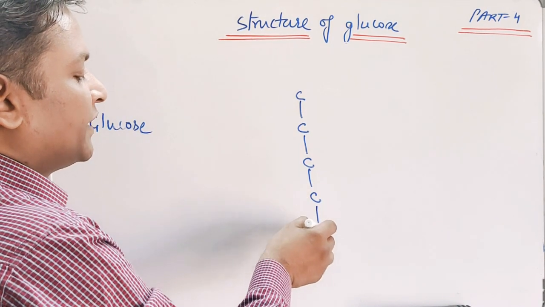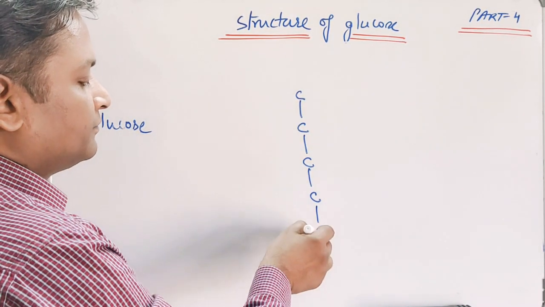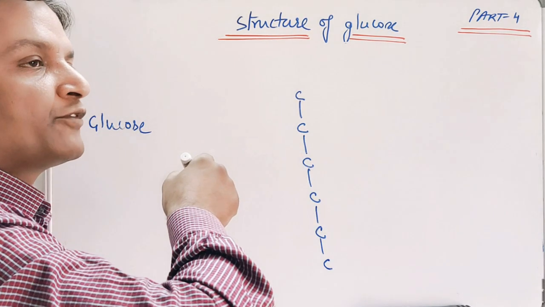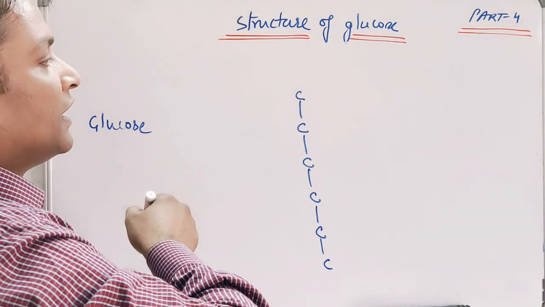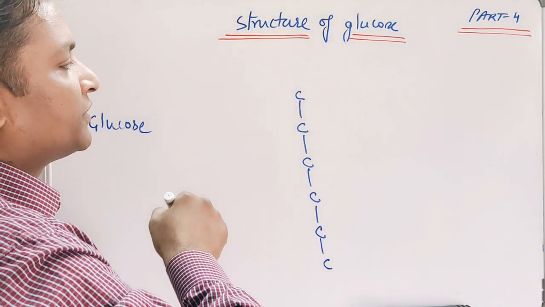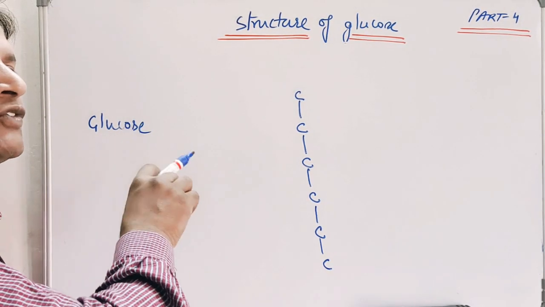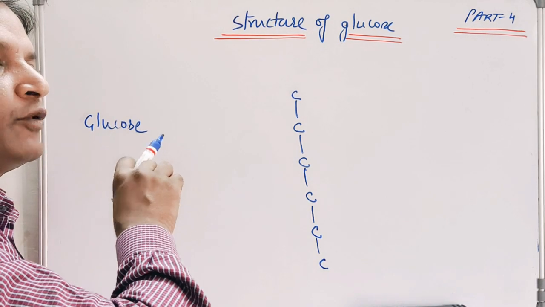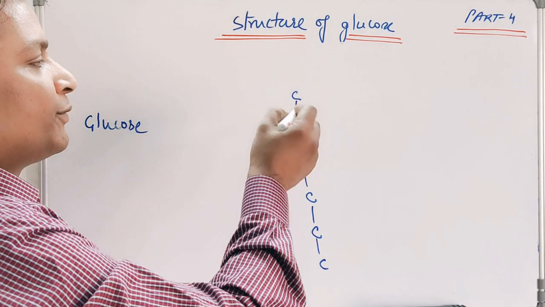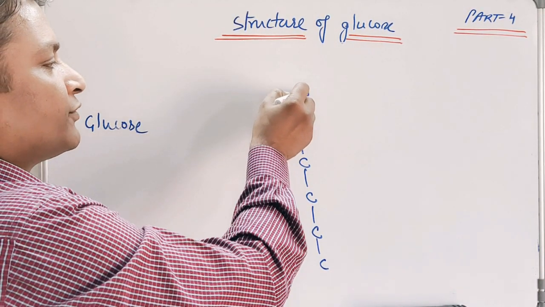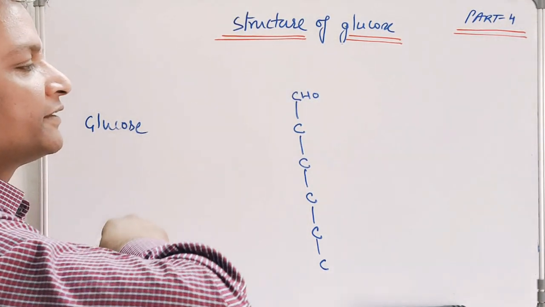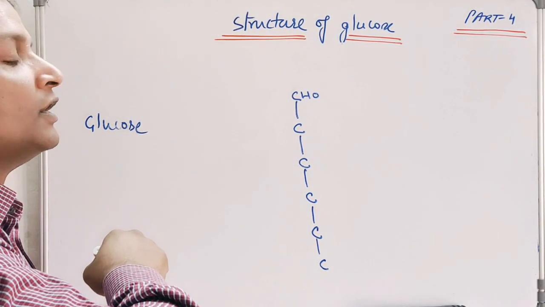So glucose must contain 6 carbon atoms, because we obtain n-hexane from glucose by the reduction process. We also observed that glucose contains an aldehydic group because it gave a positive Fehling's solution test, a positive Tollens' test, and a positive bromine water test. And an aldehydic group means the aldehyde is always present at the end of the chain.